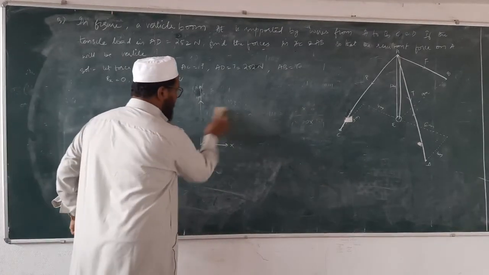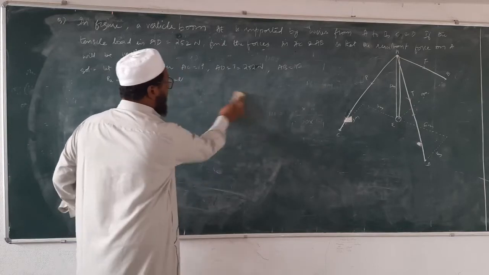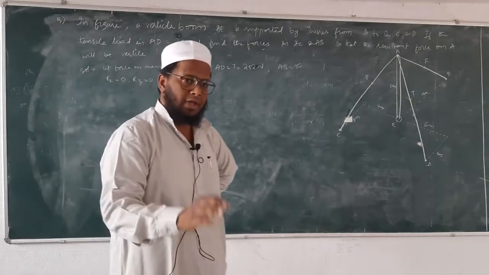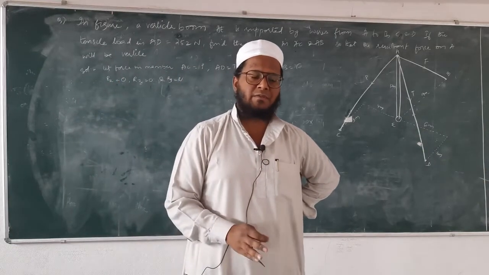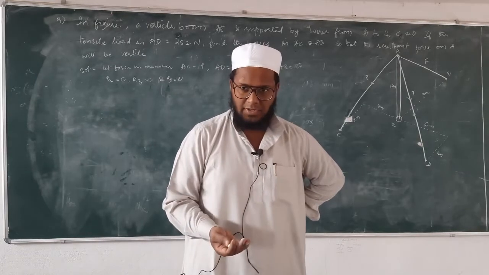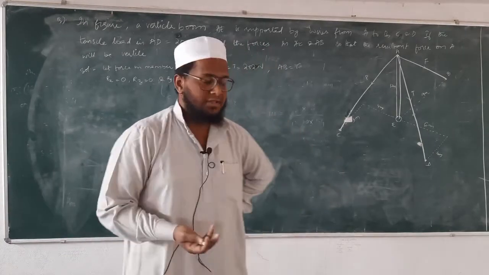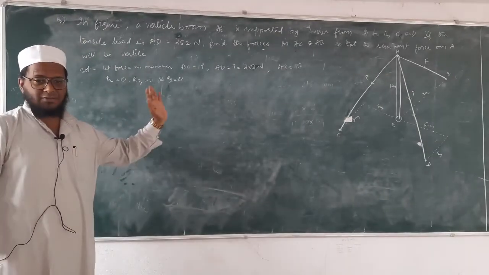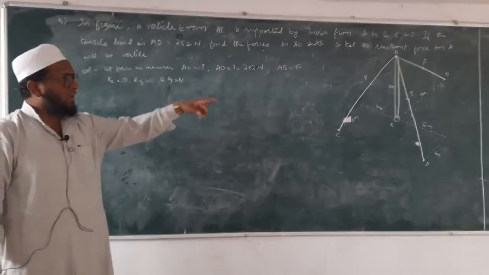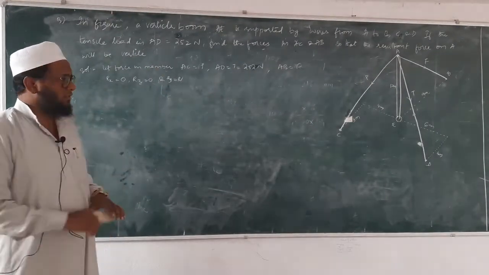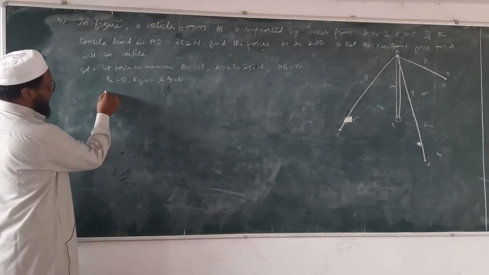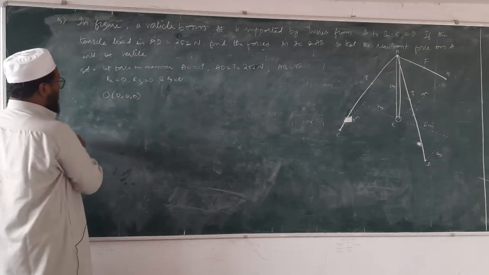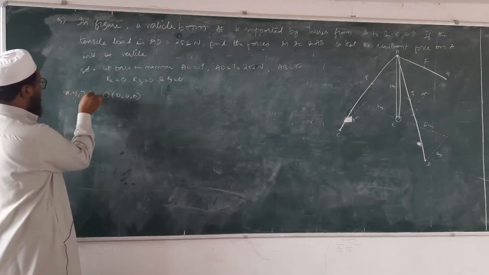So in the previous classes we have studied how to calculate the resultant, isn't it? To calculate the resultant, the very first thing we have to do is to calculate the force vector. How to calculate the force vector? We have to calculate it with the help of x, y and z. So before that we have to calculate our coordinates. First is the origin, that is 0, 0, 0, and this is x, y and z.